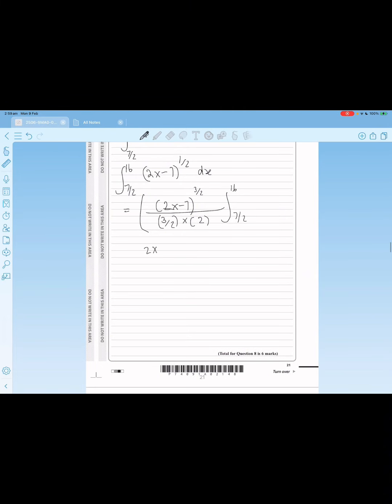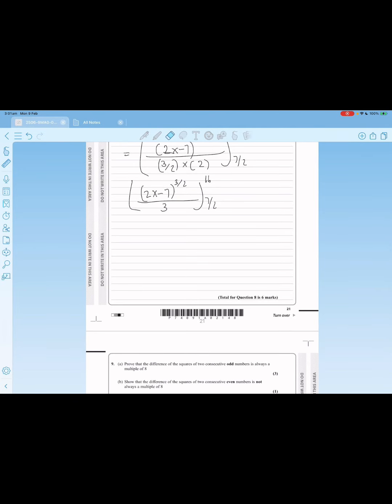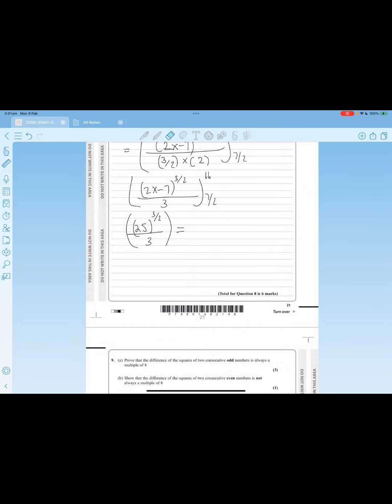So that would just be 2x minus 7 to the power of 3 over 2 divided by 3, evaluated between 16 and 7 over 2. Therefore, this would be 2 times 16, which is just 32, minus 7. So 25 to the power of 3 over 2 divided by 3, minus, that would just be 0. 2 times 7 over 2 would be 7, minus 7 would be 0 over 3. So that would just be 0. So we just have 25 to the power of 3 over 2 over 3, which gives me an answer of